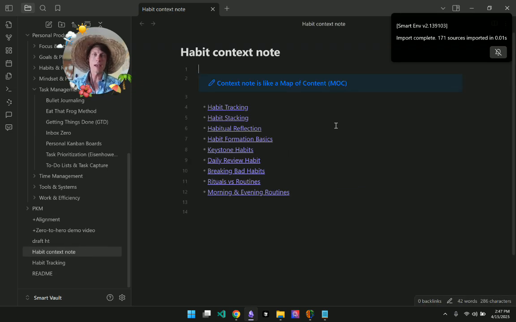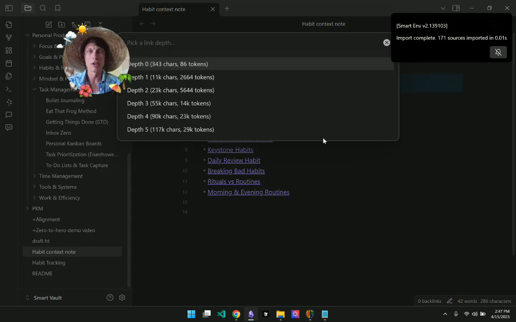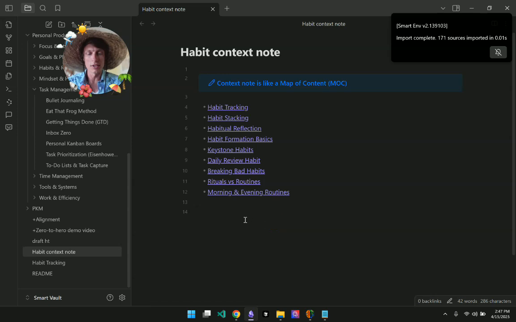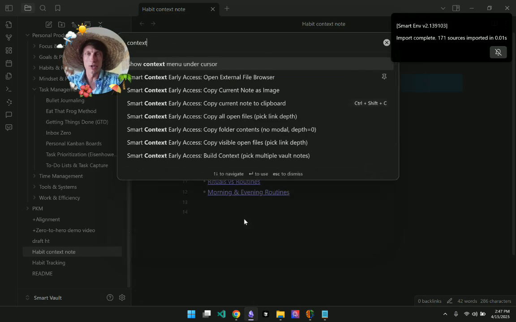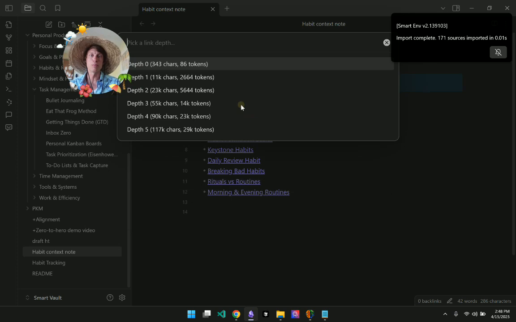So I have this habit context note. If you're familiar with the concept of a map of content, it just links to a bunch of other notes. This note's purpose is to pull together all of the relevant notes in this context. I can use my shortcut, Control-Shift-C, and if we were going through the command palette, you can see Control-Shift-C here for copy current note to clipboard. That brings up this pick a link depth modal, and that allows you to choose